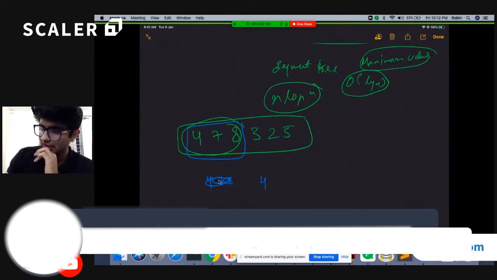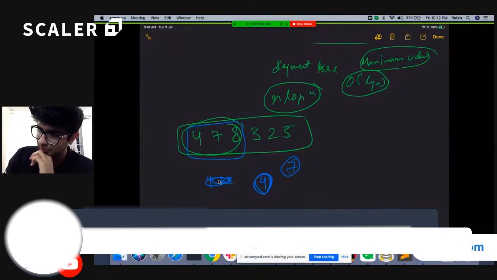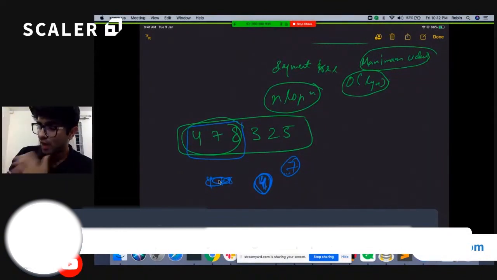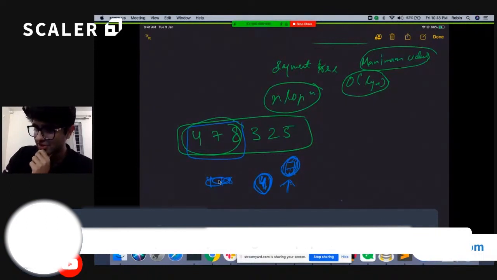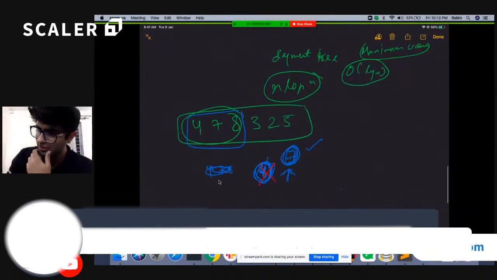Now I encounter an element which is greater than that element. So I can say that the earlier element won't be the answer in any window. Why? Because I just found an element which is greater and has a greater index as well. So if there is a chance that I need to remove an element, it will be the element of lesser index, for sure. And an element which is greater than this is of greater use. So I don't need this information. I can safely remove it and keep only the other.